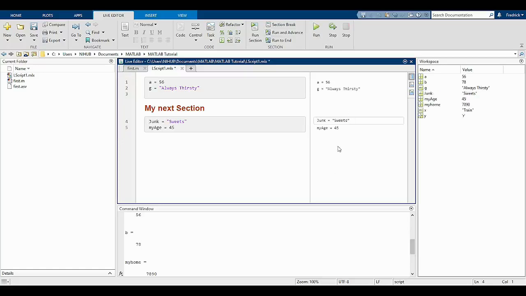I hope we have gotten a basic overview of the difference between scripts and live scripts, some of the functionalities, saving our variables, working with variables, assigning, declaring, and I hope you have actually gotten good